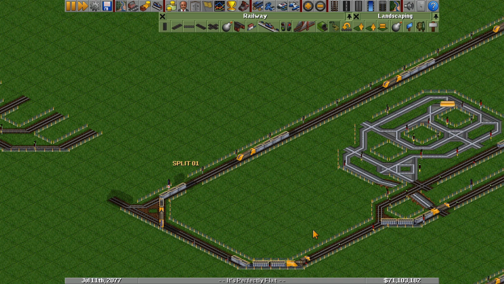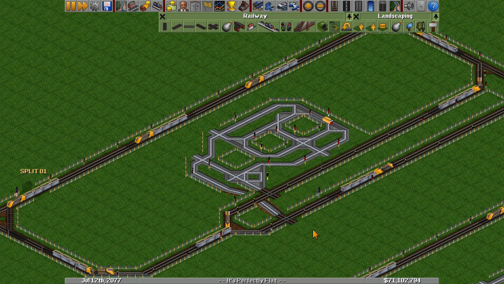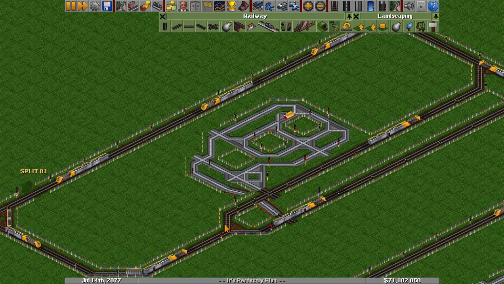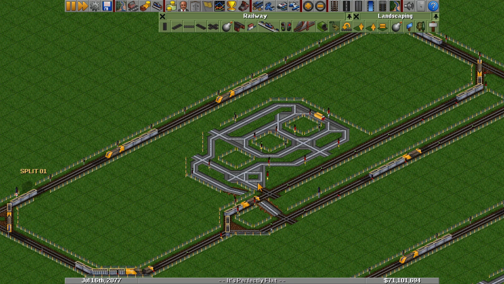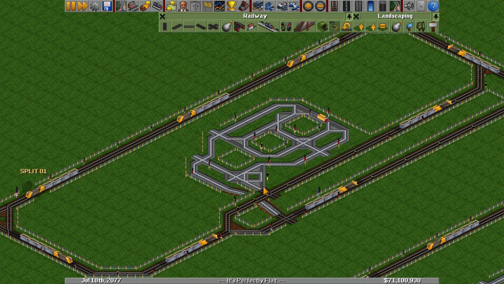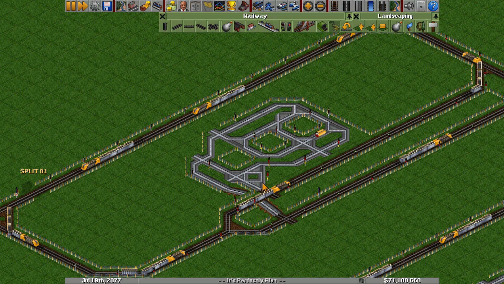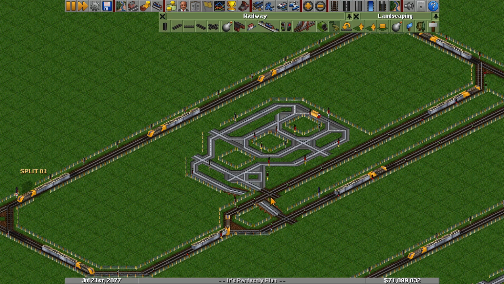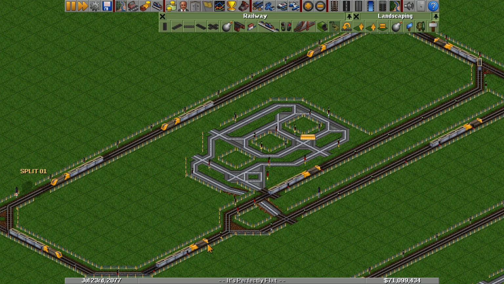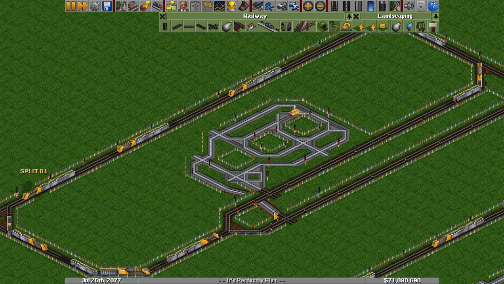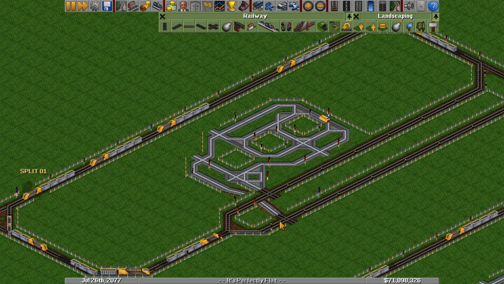And so the way that this contraption does this is that here we just have 2 paths, and the way that we're going to block off a path is with this little memory cell. We have this combo signal that can see its own signal, so when it turns red, it stays red. And that is reading if a train has taken this path, and so when it has, it stays red. And now this red 2-way signal is going to be red, which is going to force trains to take the